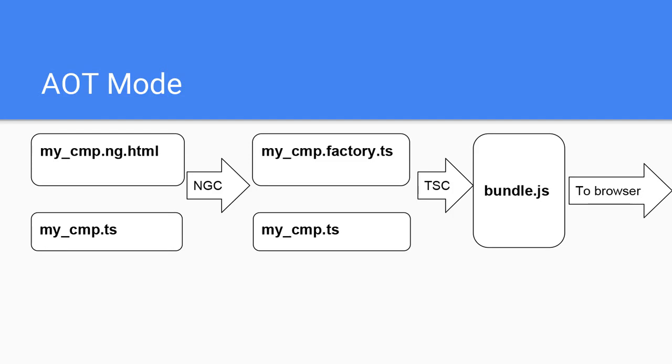So this is what ahead of time compilation looks like. We need a template and a controller together, go through a build process, which we call the Angular compiler, NGC. And the template, the HTML file, produces a TypeScript file, a factory.ts. That file contains all the information that was in the HTML, but it's pulled out into a TypeScript file. And now we can feed that into TypeScript, do type checking, compile it, and only after that send it to the browser. So that step that happened in the browser, we put it in the build.